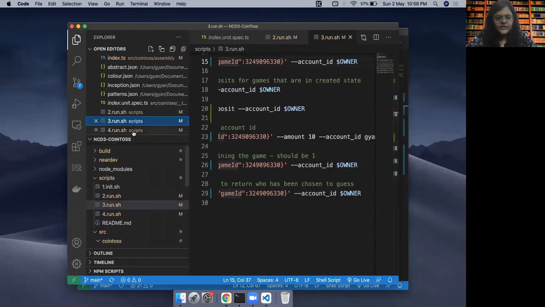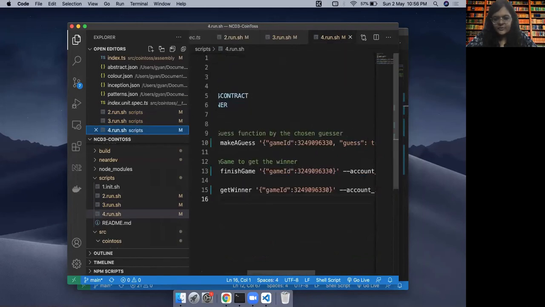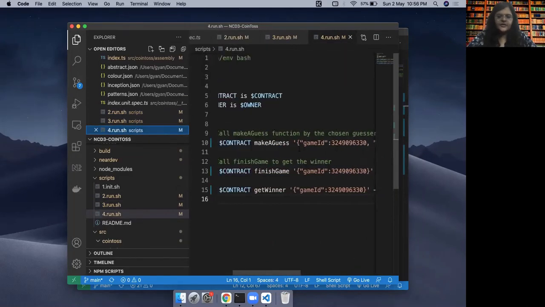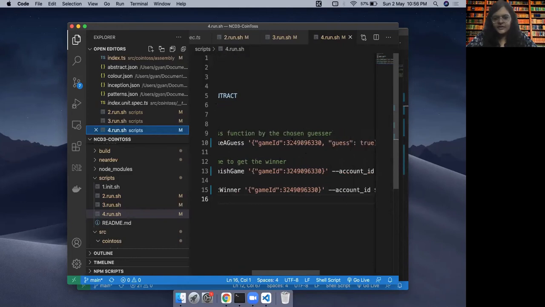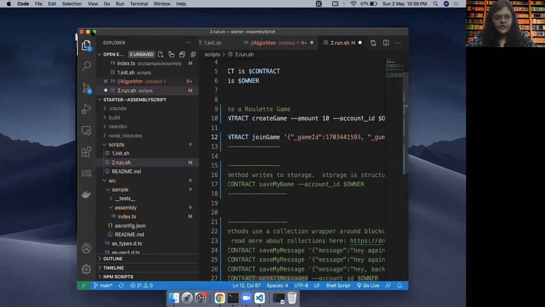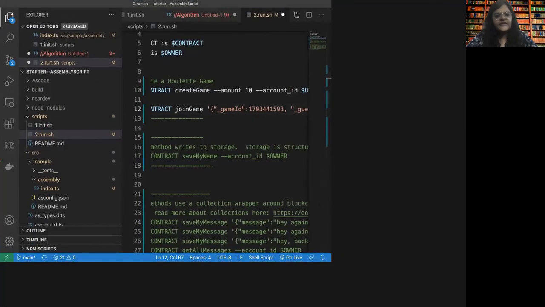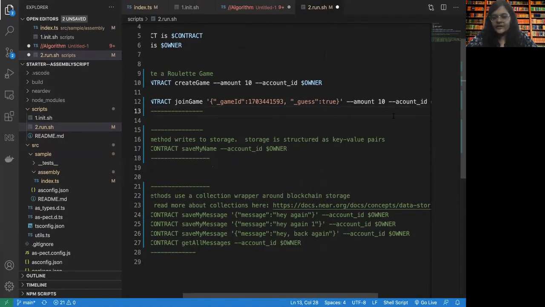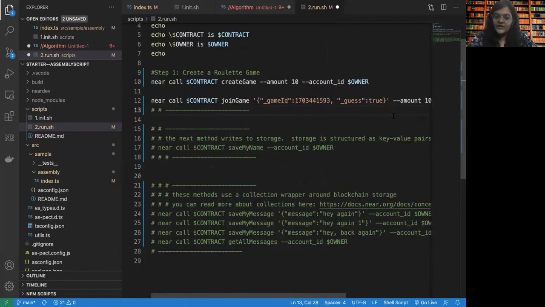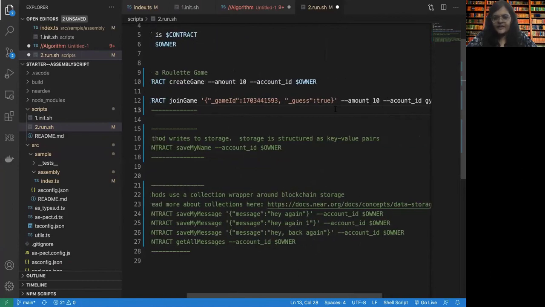All right, the game ID part is pretty much fine. That's right. Just wanted to cross check this. Okay, so now this particular player, GyanLakshmi.testnet, is joining this game with the guess true, and with an attached amount of 10 here.